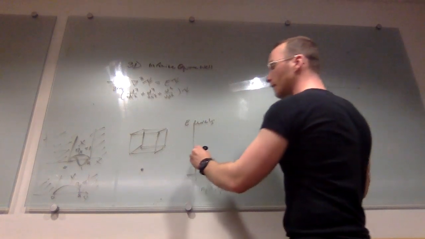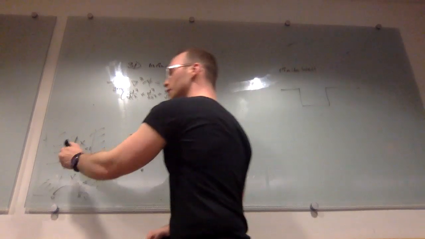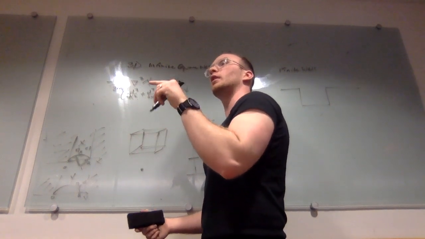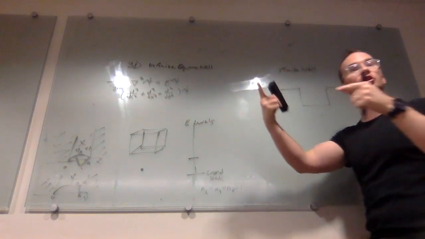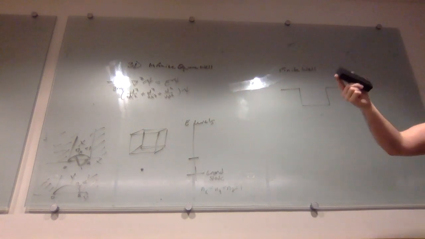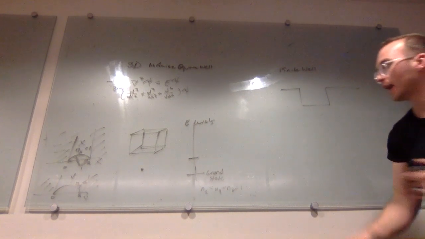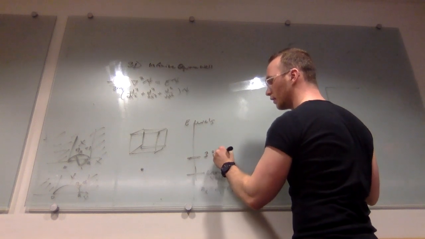But then when I take my first excited state, instead of just saying it's the one where you change the wave function to be like that, and the energy now is n squared pi squared over a squared, so you just change n from 1 to 2. Well, now you change nx from 1 to 2, but ny and nz are the same. And so now this first excited state